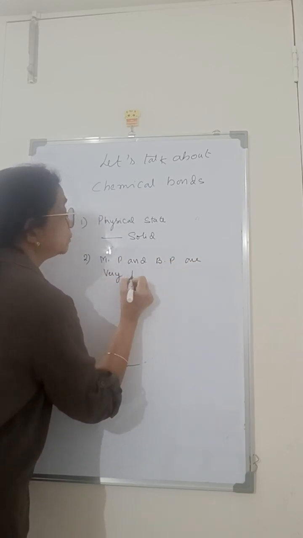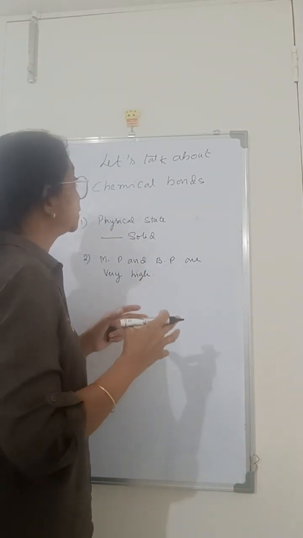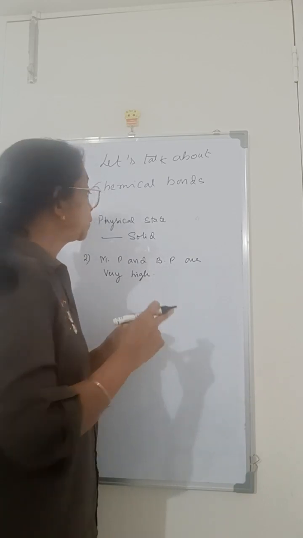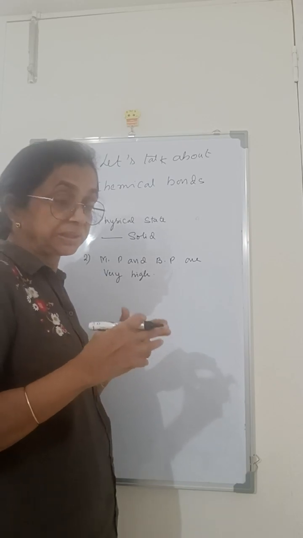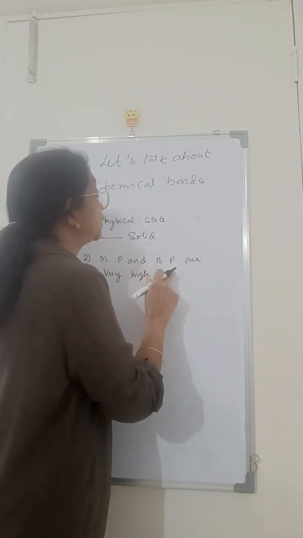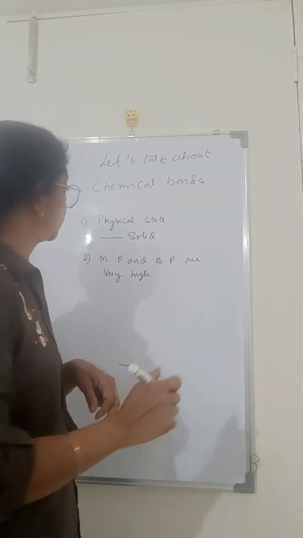Why? Their melting points and boiling points are very high because there is a strong bond between them. It is very difficult to break their bonds. So we need a lot of energy to break the bonds. So their melting and boiling points are very high, and